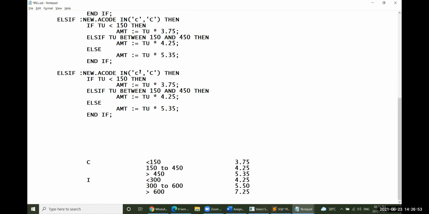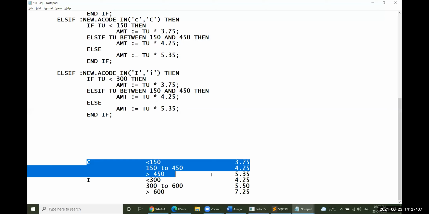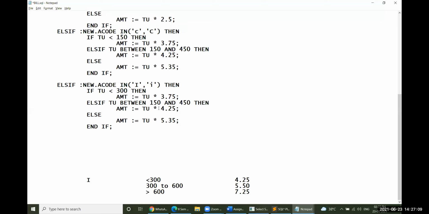And finally the last one, industrial, small i and capital I, whatever it may be. Less than 300, then it could be 4.25, so amount equals amount plus 4.25.